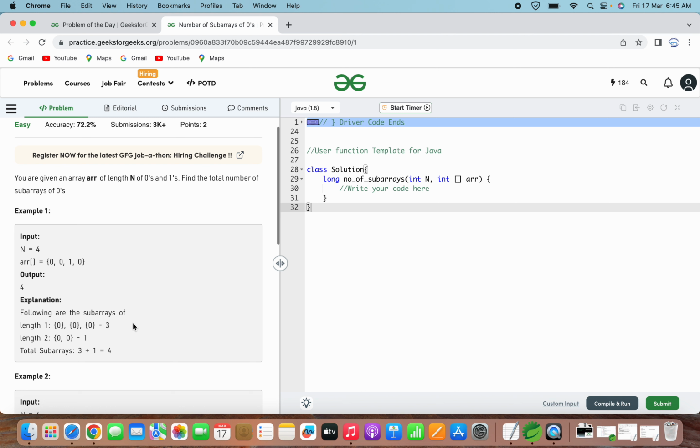Now when we consider length 2, we can see here it is 0 0, so we get a count of 1. So the total subarrays will be 3 plus 1, that is equal to 4.